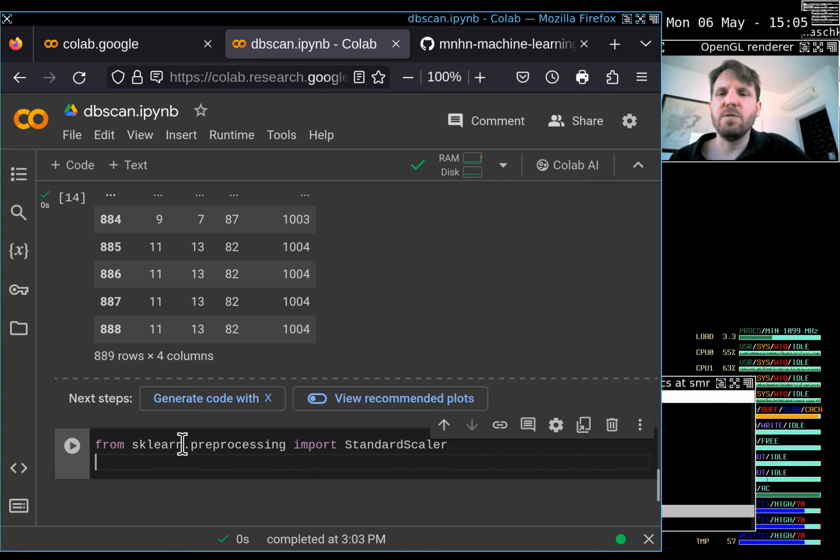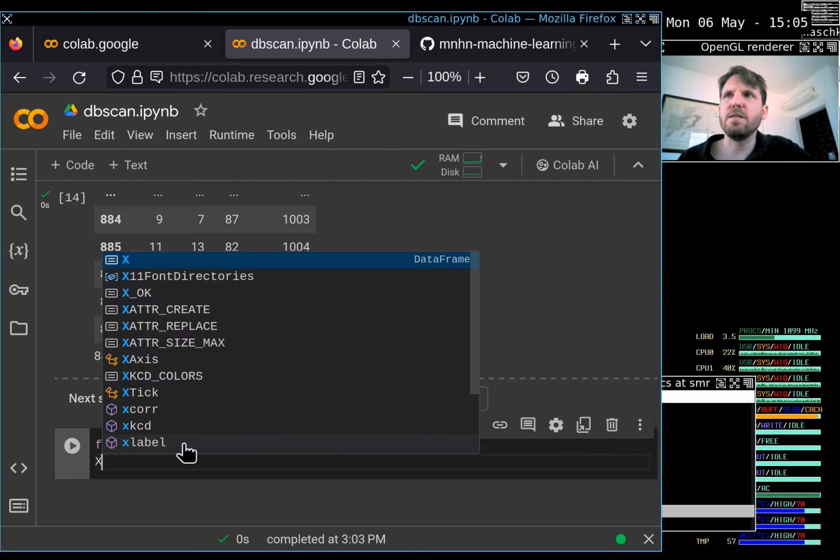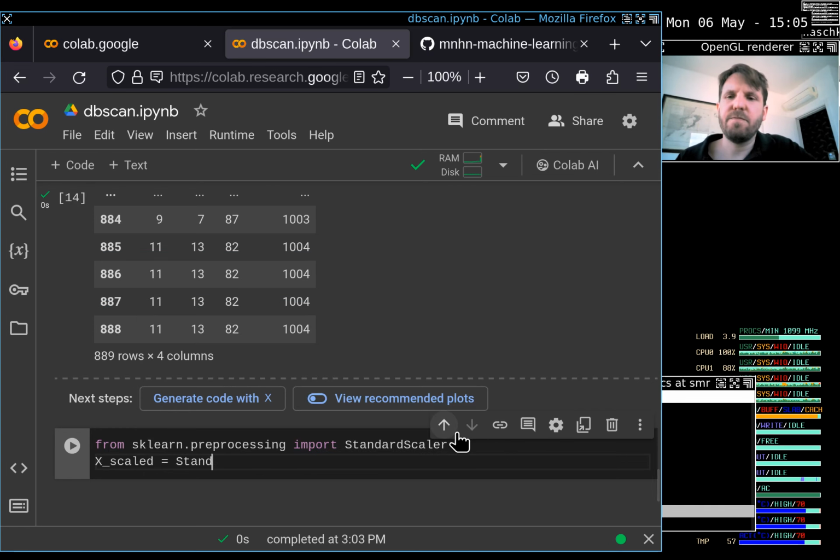As we just want to have labels here, we don't need to keep the scaler, so we will transform and fit in one step. So we will call here x scaled, this in our case, and we will call the standard scaler that we have just imported above, and we will use the method which is called fit transform,